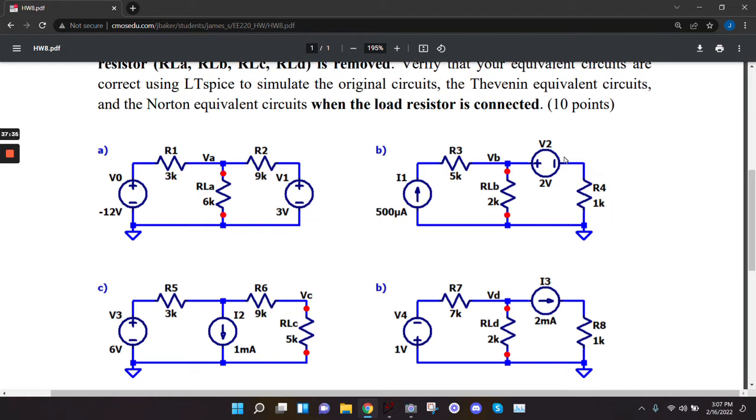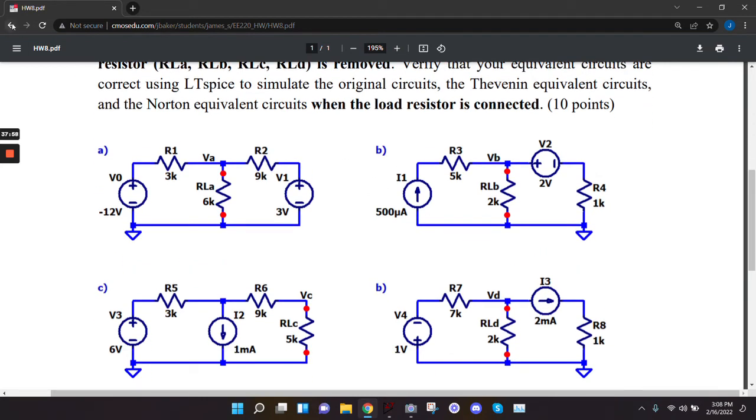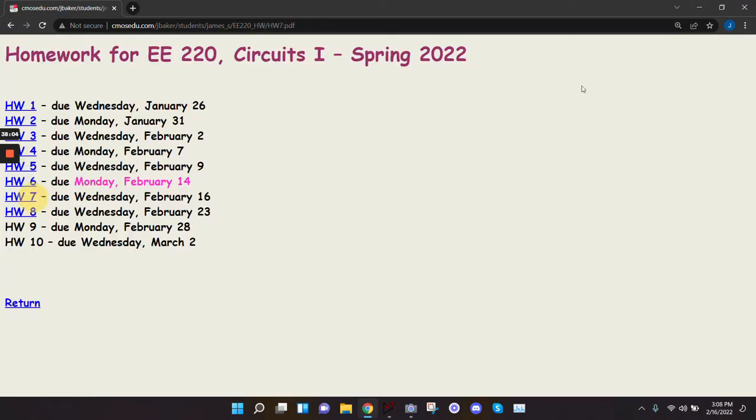Right, and then also wouldn't just be equivalent to 0 because that 2 volts is there? Exactly. So you're still going to get current. So this, let's say we short this. This will be 0, right? This will be -2 then. And this will be 0. So you have current flowing through this 1K, and that will pour into that node, right? Okay, that makes sense. Okay, yeah. So I'll come back to this later, but as far as this homework,